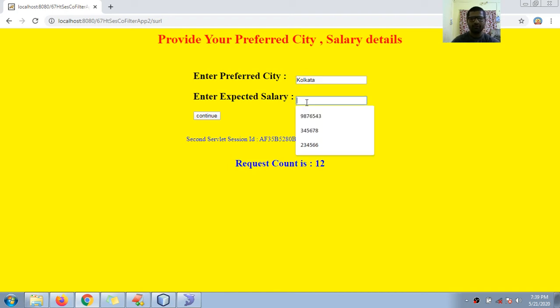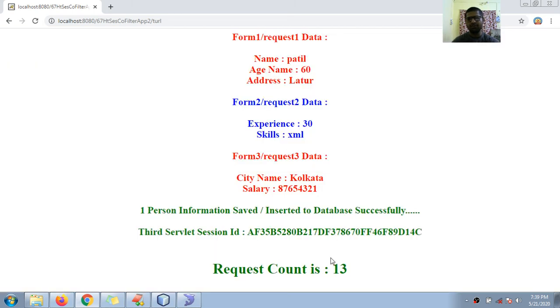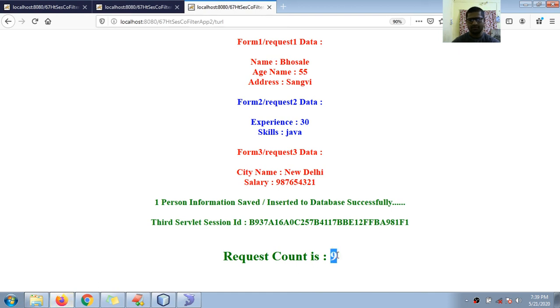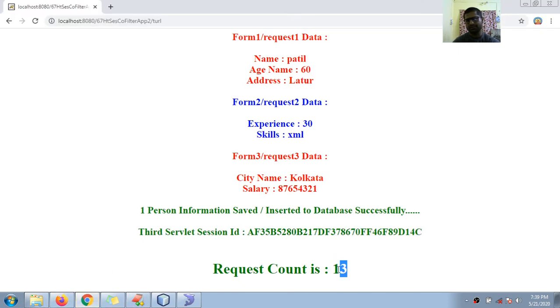Okay, then some salary, then continue, request counter is 13. Last time it was 9 plus 4, it becomes 13. Okay, guys, so this is the Java Web application to understand request counter using servlet filters.